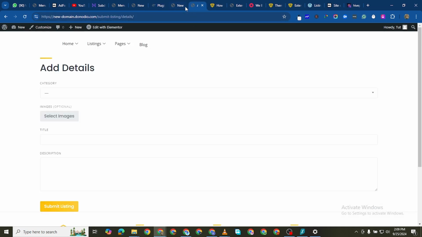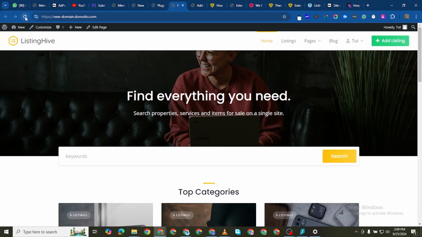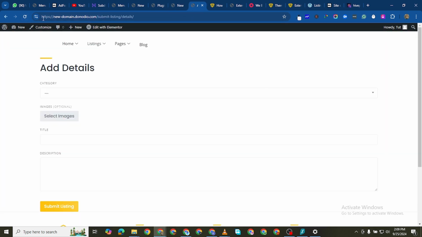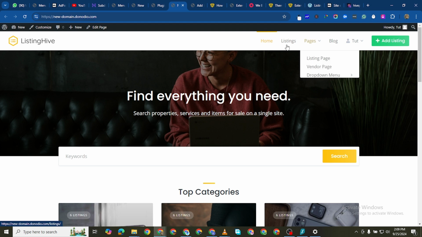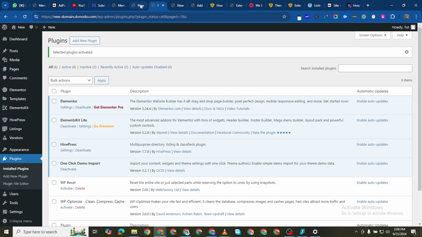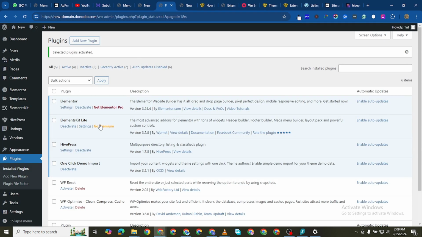While they're activating, this is what the website looks like. This is what it looks like right now. So we are going to add in our mega menu, and then you are going to see some items will pop up under here. So the first thing we want to do is that we want to come, I'll just close this. We want to come to Elements Kit, come to settings,